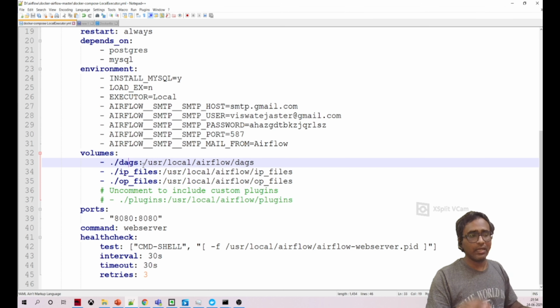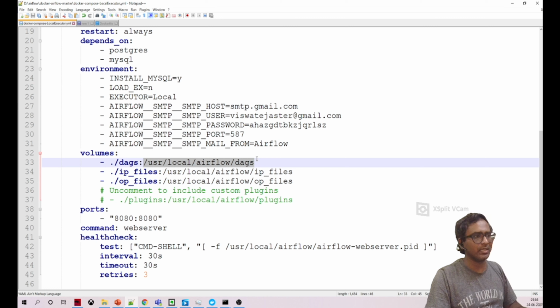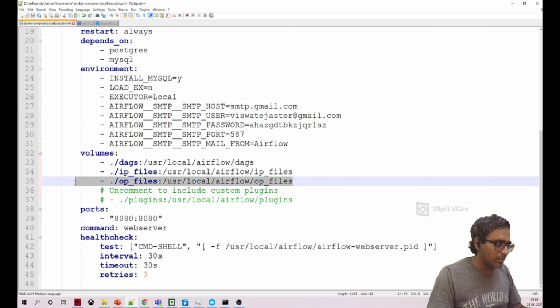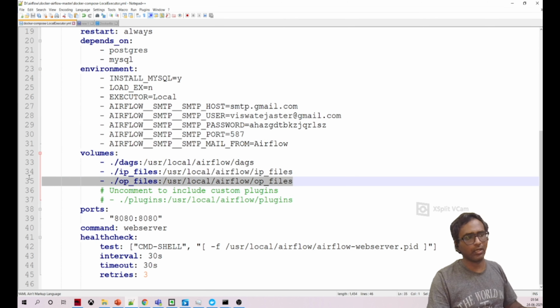As I said, all your DAG files, Python files, should be placed under this folder. That's nothing but a deployment, simply put. If you want to deploy any DAG, you have to place that DAG file, which is nothing but a Python file, in this particular folder. Clear? And what are these other folders? We'll discuss step by step. We'll take one use case and try to understand why I created all these folders. Hope you understand it.